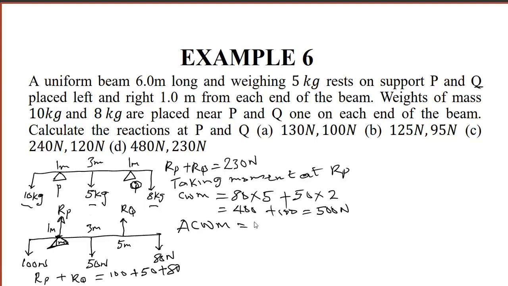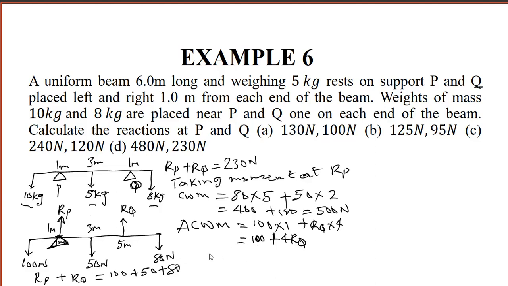That will just be 100 times 1 plus Rq. This is 5 meters from the left and the knife edge is 1 meter. So 5 to 1, that is 4. So that will be Rq times 4, which will give us 100 plus 4Rq. So for moment, according to the principle of moments, the clockwise moment must be equal to the anti-clockwise moment